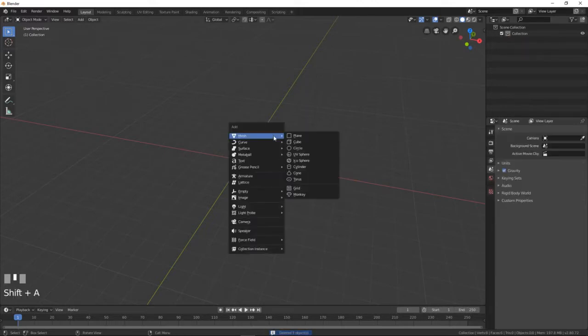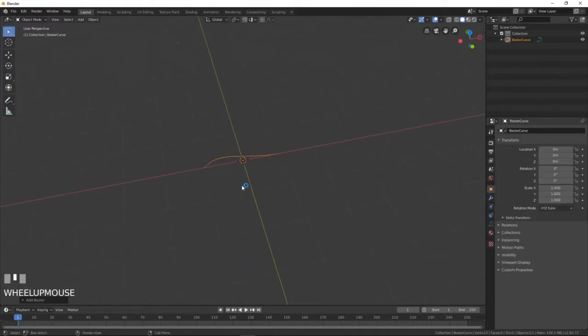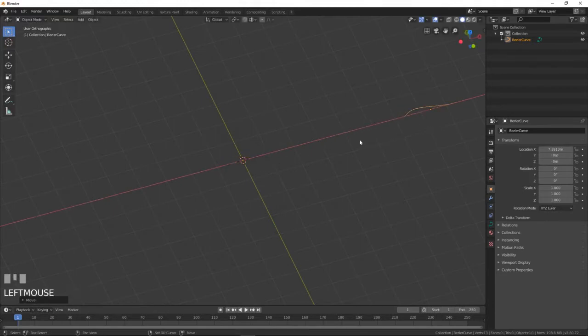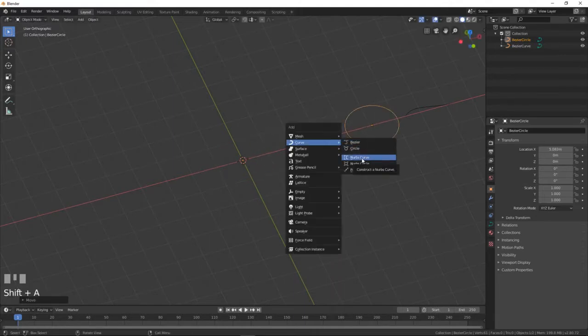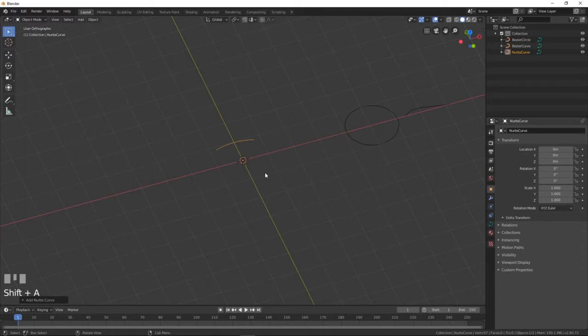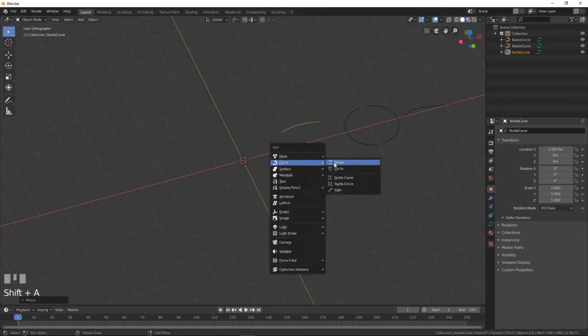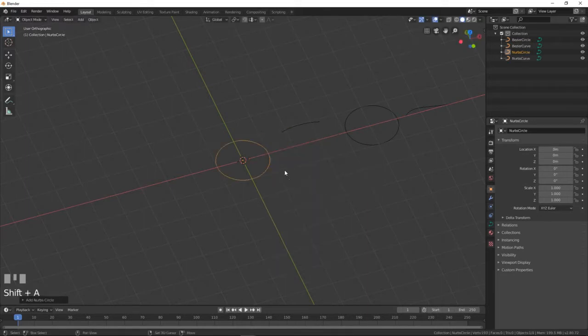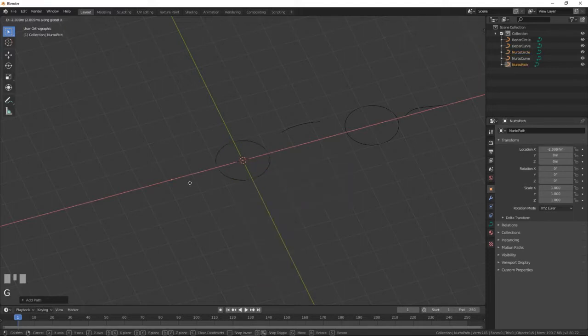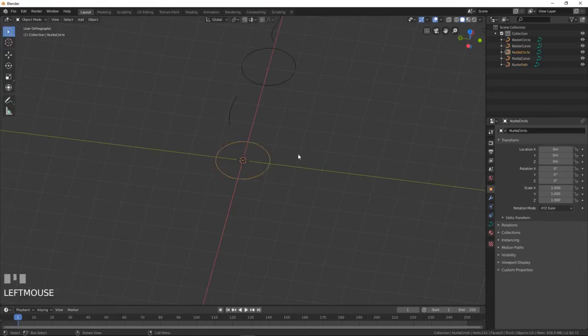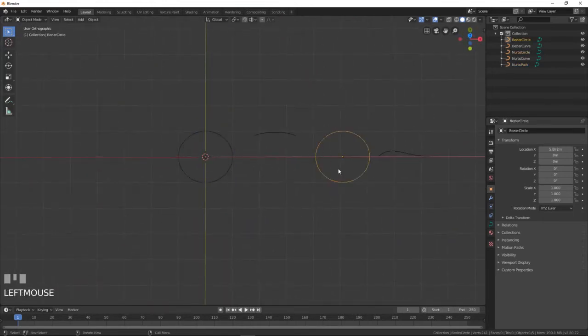And I will just add here my curve objects like I did for the last demonstration. So I will just make a G X, okay, and Shift A, add a circle, and G X again, and Shift A, add another circle, okay, and G X. So you will have these different objects, and these objects are managed differently than a circle that we had